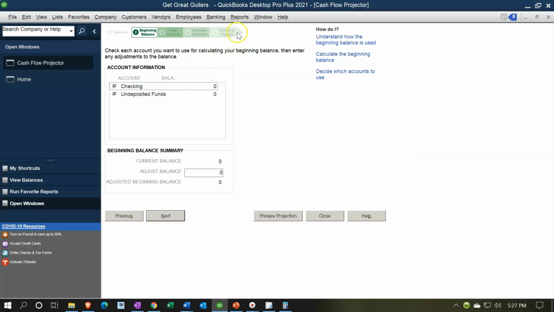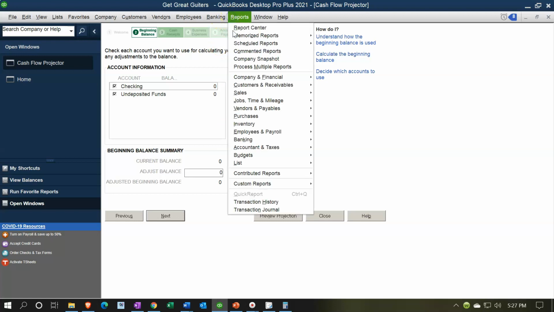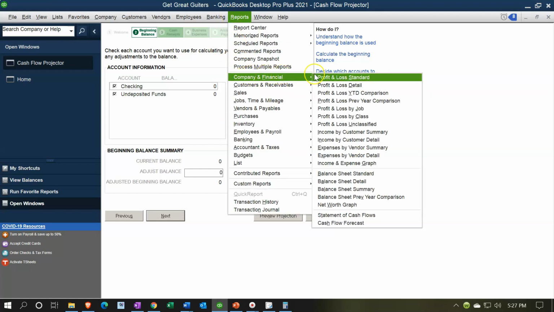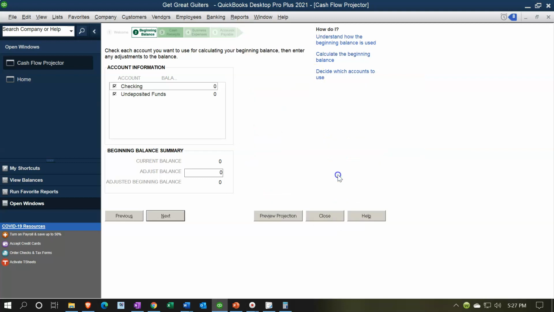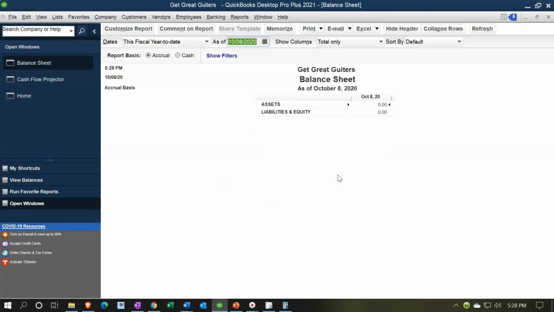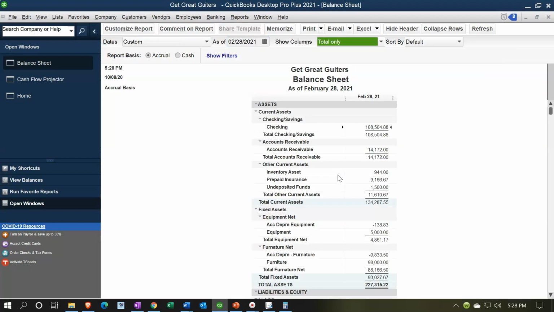So what I'm going to do is open up the balance sheet and then enter the beginning balance. So you should have, of course, the beginning balance as of today, but this practice problem, I'm working it basically in the future in terms of the QuickBooks data, so there is no beginning balance. So I'm going to put it in there. I'm going to go to the reports, slight adjustment to the beginning balance here. I'm going to go to the company and financial, open up the old balance sheet, change the date to 02/28/21,